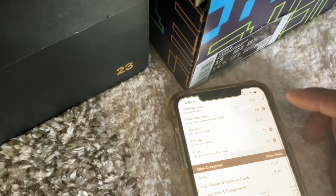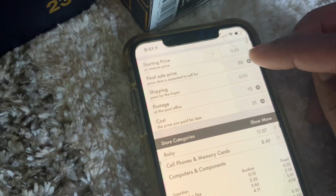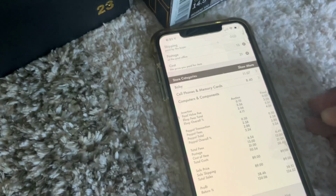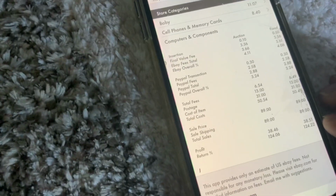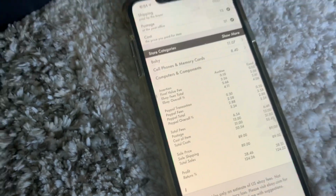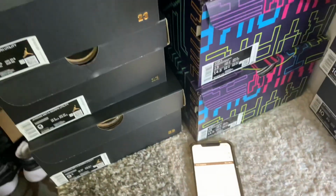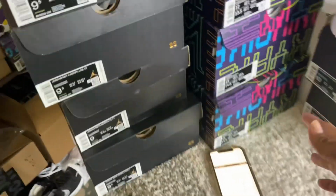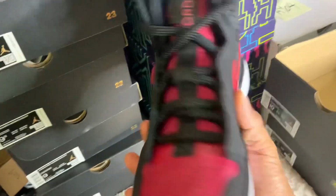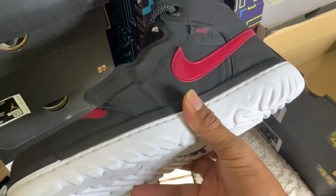So buy cost is 31. If I want to do free shipping, 13 bucks, and then let's say I let it go for 89 bucks. Am I going to go higher? But my profit would be somewhere around 38.51 and 124% return on investment. So with that said, that is not bad for this Jordan 1 High React, and